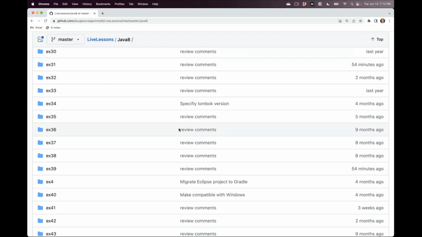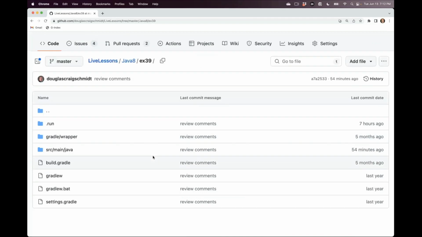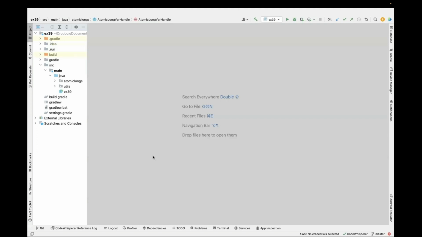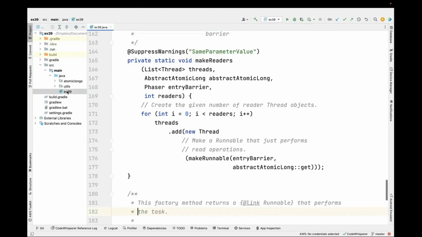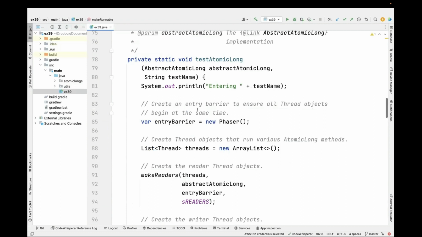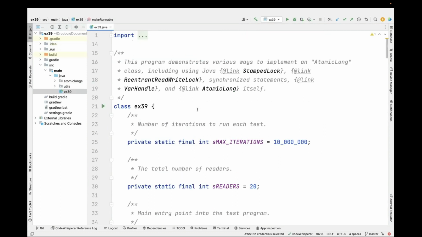So the next example we're going to look at is also in my live lessons GitHub repository in the Java 8 folder, this time in the ex39 project. So if we come over here to IntelliJ, you can see we're in the ex39 project. Here's the ex39 file. And this particular program demonstrates a whole bunch of different ways to implement an AtomicLong abstraction,